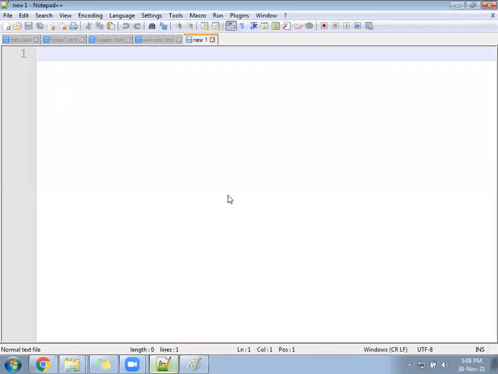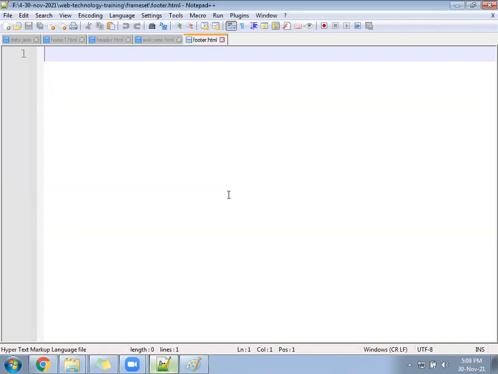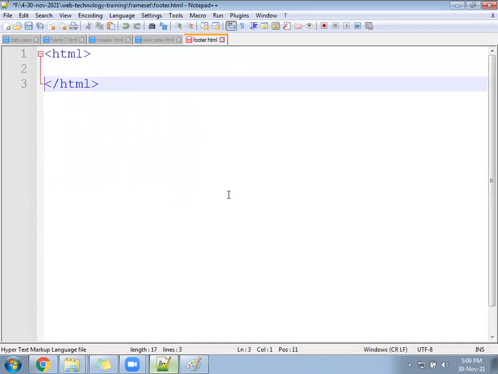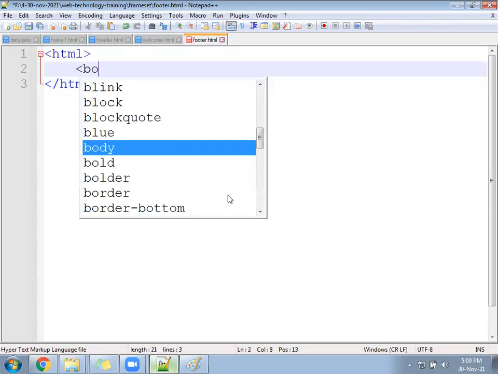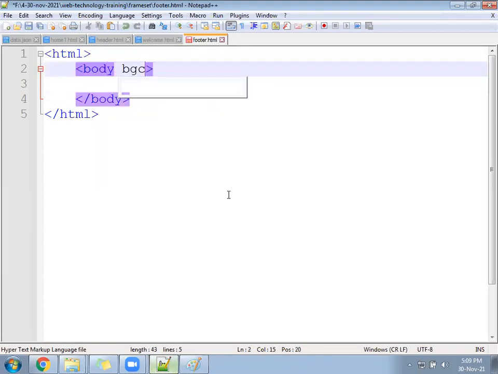Next file. Open the HTML. Follow the body tag. Right inside, bgcolor equal to something. Blue color.